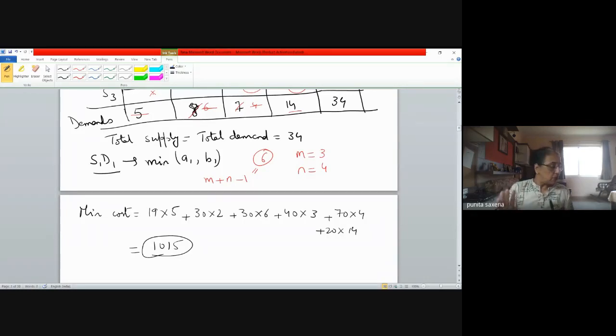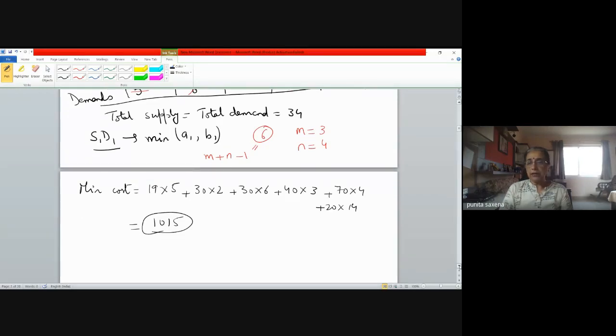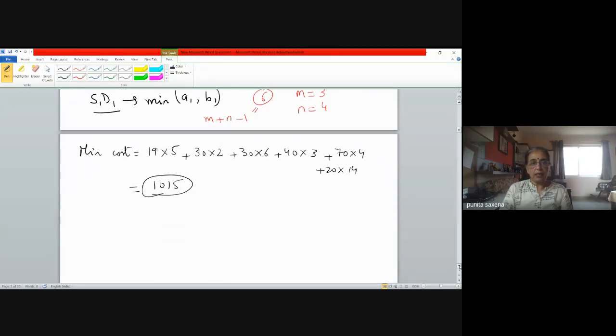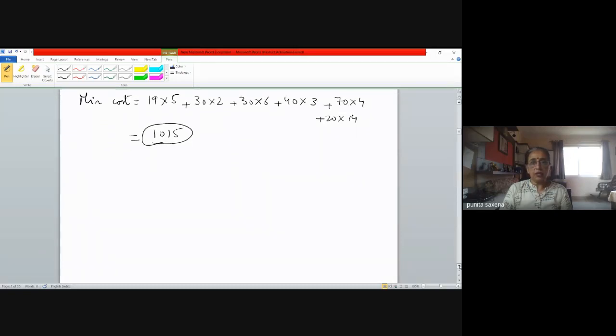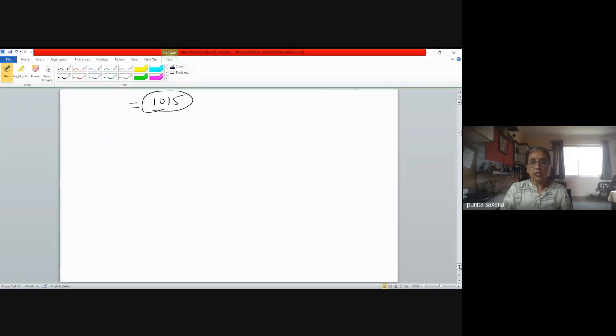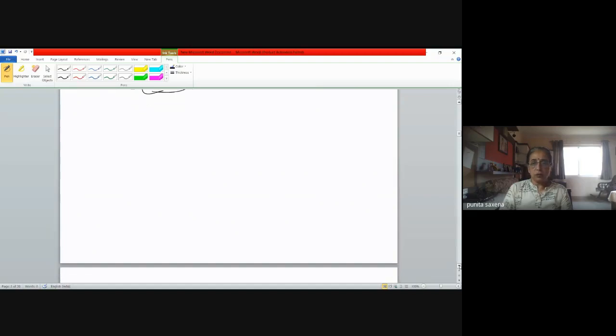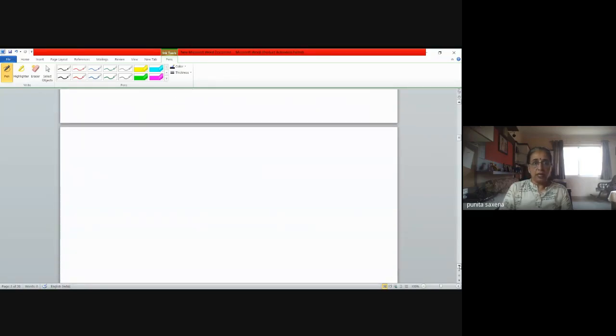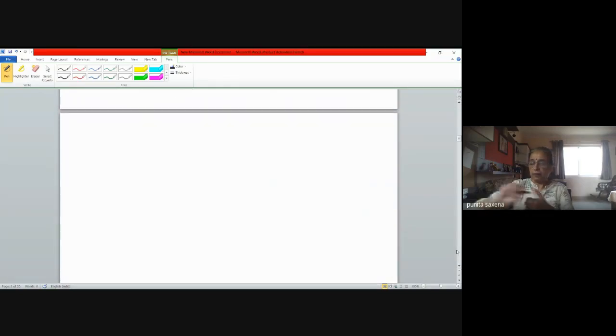Now, but is this northwest corner method clear to you? Yes. And it's the easiest of all, right? So very logically, you are starting with one end and proceeding on to the other end by allocating as much as possible. Okay. Now let's move on to the least cost method. I'll have to make the table again, but doesn't matter. Same problem, so then only we'll be able to appreciate the difference.